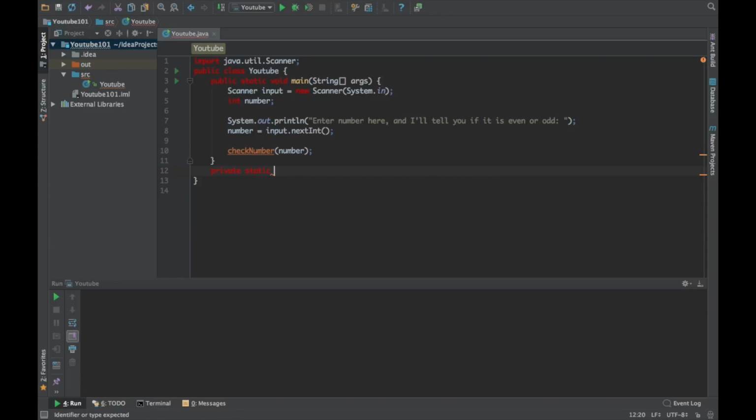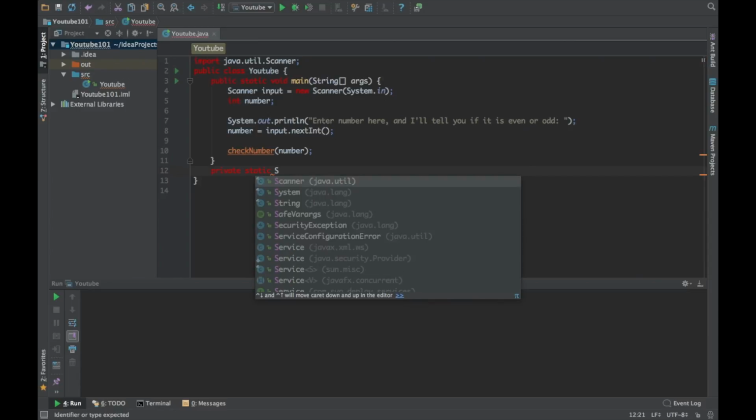Before, guys, we used to type in void here, but now we don't want to type void. We only need to type void when we know that our method is not going to return something. But now that we know that our method is going to return something, we're going to specify the type it is going to return. So I happen to know that we're going to return